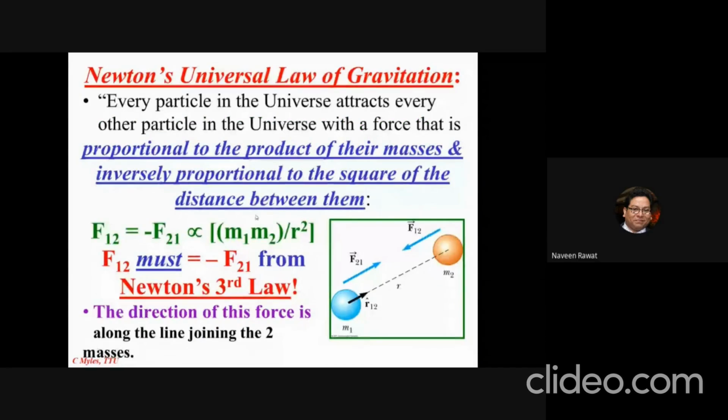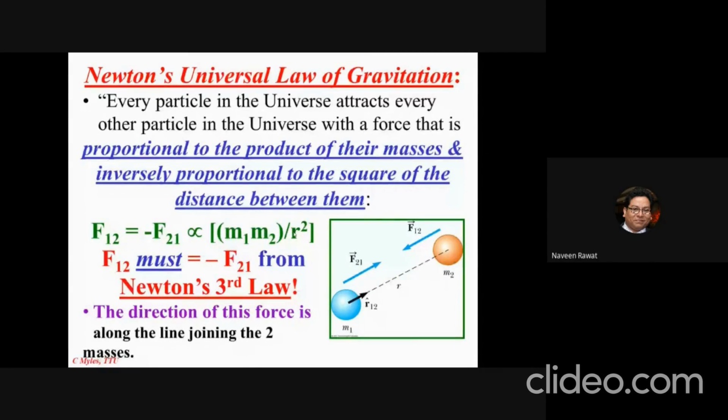So if you're considering the force, for example, that is acting on this mass m1, given by this F21, by notation what we are saying is this is the force due to the second mass on the first mass. So there is a second mass m2 here, and because of the presence of this second mass, it is causing this mass to be attracted towards it, and hence there is a force acting on this mass m1. How much the force F21 is depends on the distance of separation r between these two masses. So F21 will be proportional to m1 m2 divided by